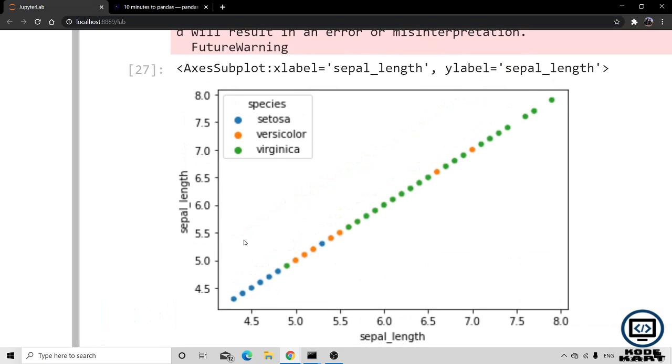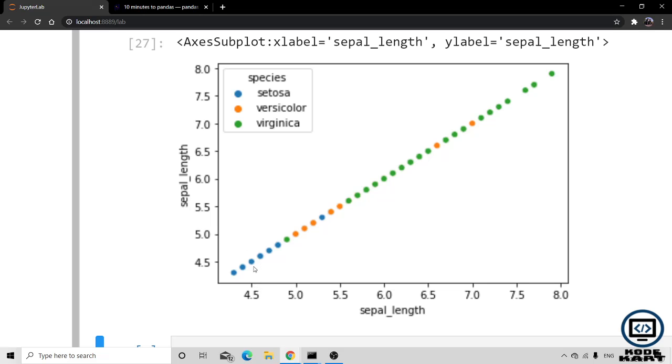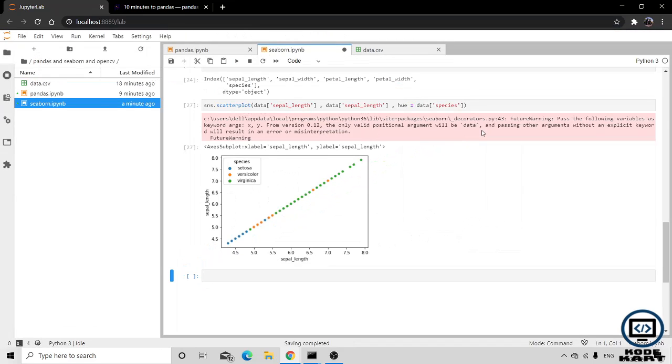If I give you a point, suppose 4.5, can you determine which species it is going to belong to? It is very simple. It is going to belong to the setosa species because most of the points here belong to setosa. After that, from 5 to 6, they generally belong to versicolor, and after 5.5 or 6, it belongs majorly to virginica. We are going to study the machine learning algorithms accordingly, but I'm just showing you how these algorithms are going to be implemented. This is just one example I have discussed in the iris dataset.